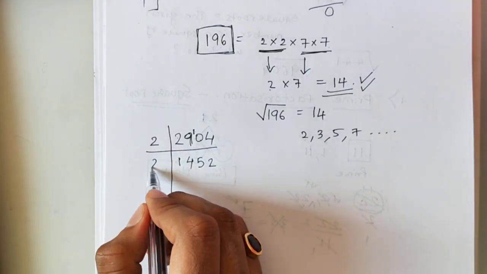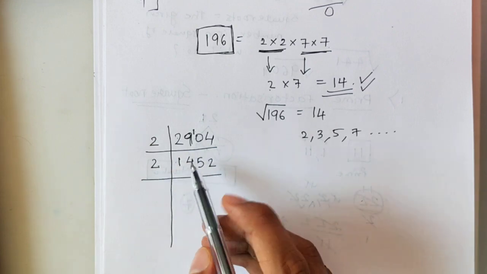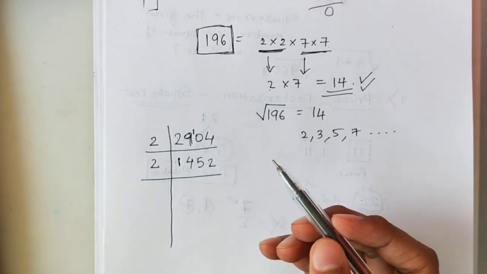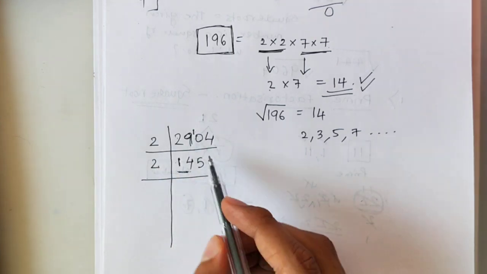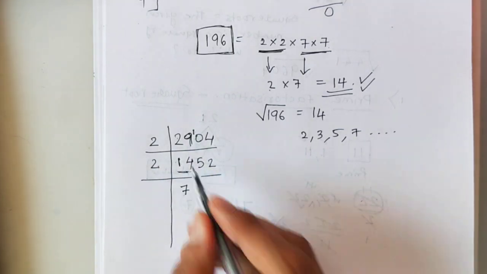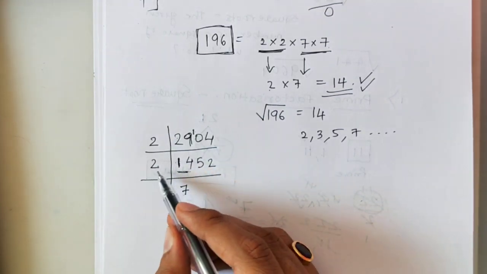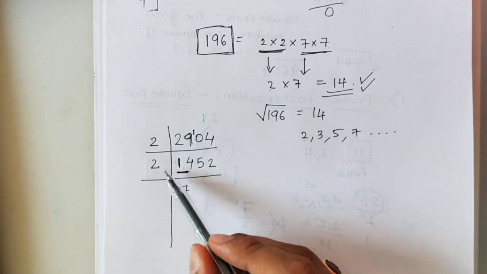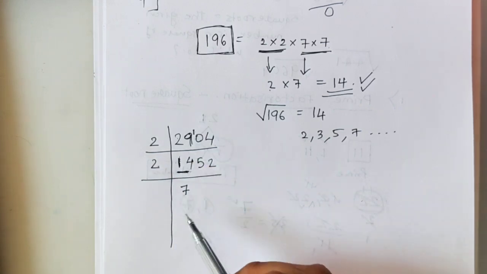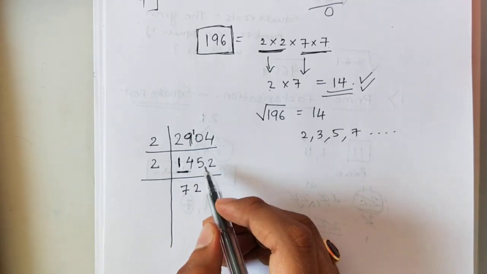This is how you divide. Now next, again do it with 2. So 2, see, this 1 is a smaller number, smaller than 2, so I take 2 numbers together. Okay, so 2 7s are 14. Whenever the first number is smaller than this, you cannot take a divisible, so you take first 2 numbers together. So 2 7s are 14. Done.